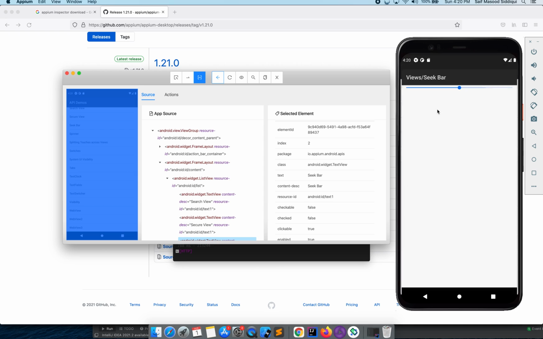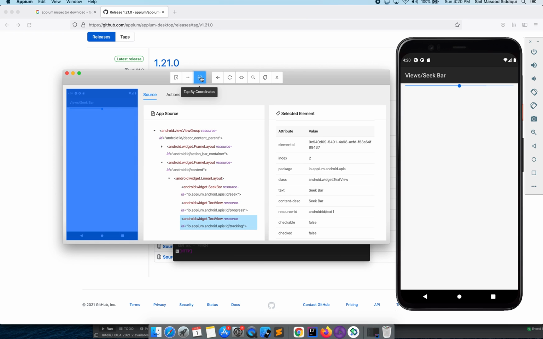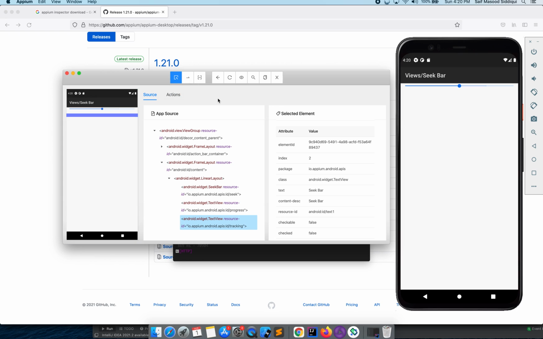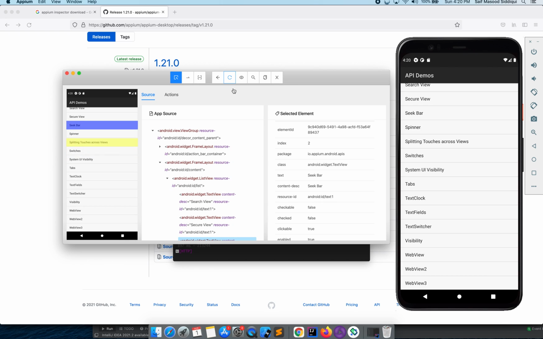Say I'm here and I clicked on this. Now I am not able to see the session, right? So now what I can do, if I go back, I can see this page but I cannot see that page, right? So in order to see this page again, I will just click on this refresh and it will show me this page again.